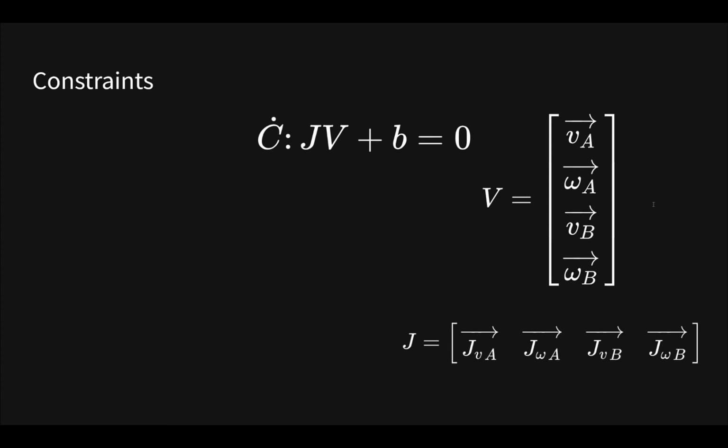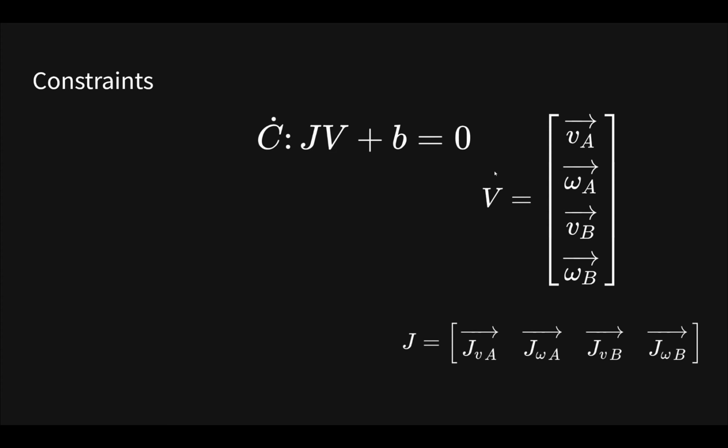Directly manipulating position properties of rigid bodies to satisfy constraints is a bad idea, because that results in excessive jitter and your game would probably look bad. So instead, Erin Catto proposed that we take the expression for C, the constraint, and differentiate it to get the corresponding velocity constraint, which we then solve for. A velocity constraint between two bodies is modeled as a linear combination of the linear and angular velocities of both rigid bodies, plus a bias term,